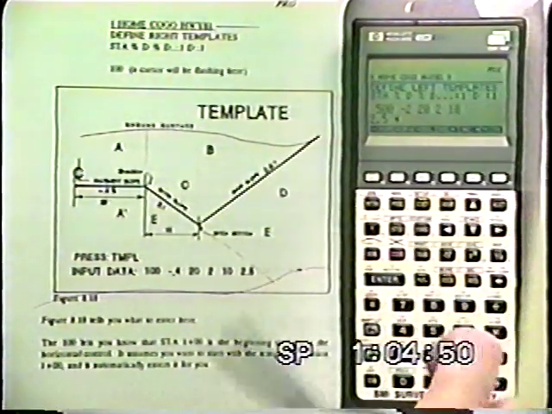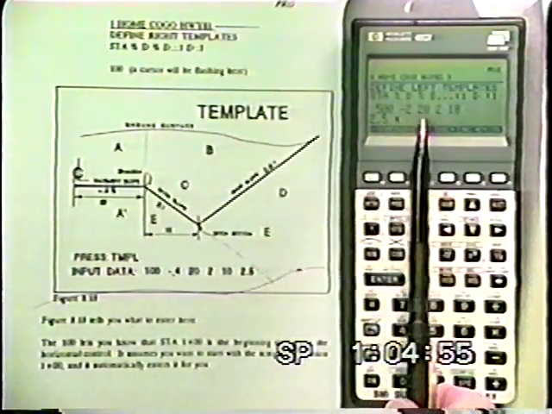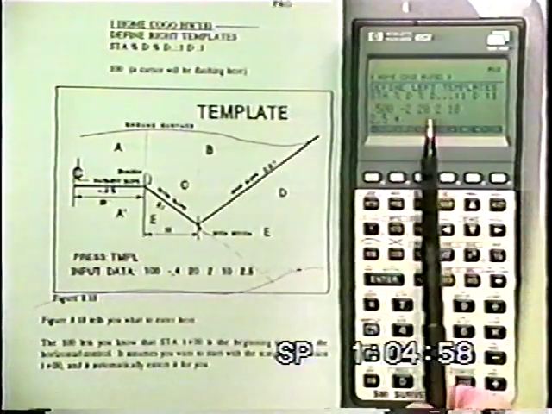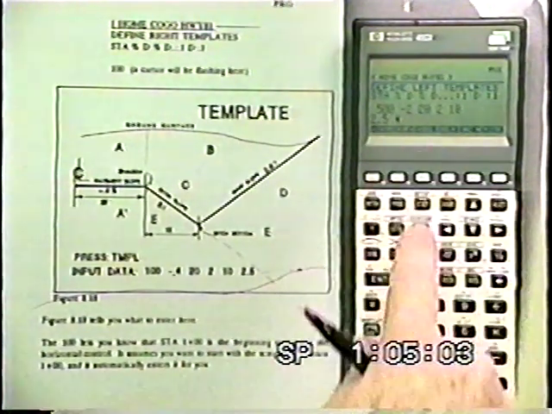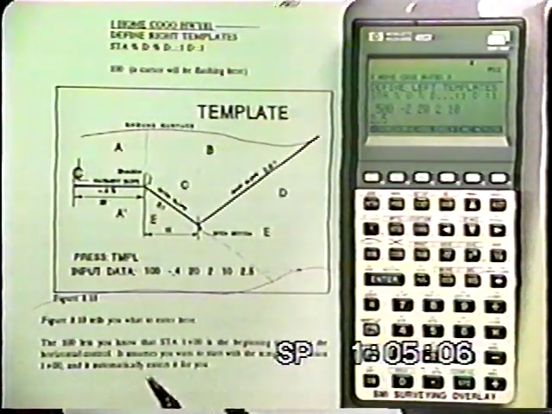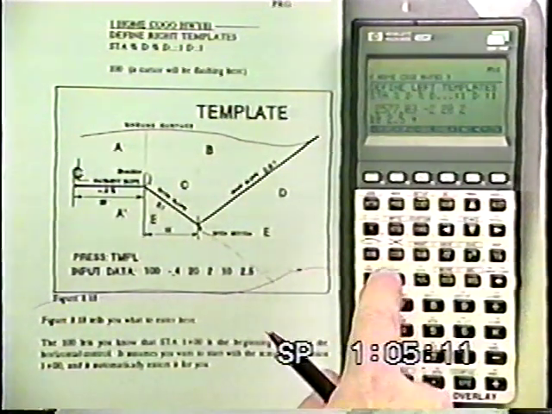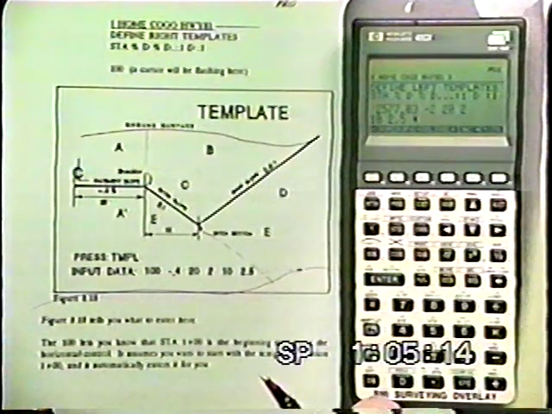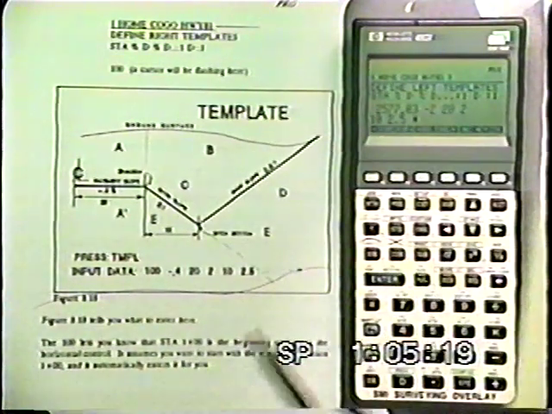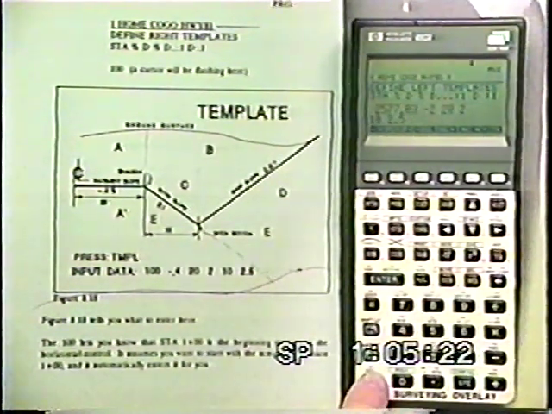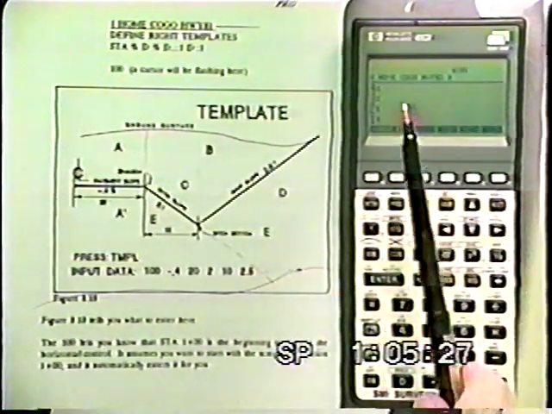Notice what happens. It jumps to also where we made a change at station 5 plus 00, and lets us mirror image that information. Then we can edit that if we wish, or press enter to keep it. Now this jumps all the way to the end. Let's go ahead and keep it steady all the way through by pressing enter. But once we pressed enter one time, there's no point in pressing enter again, so we press on to clear the information. This time when we press enter, it will